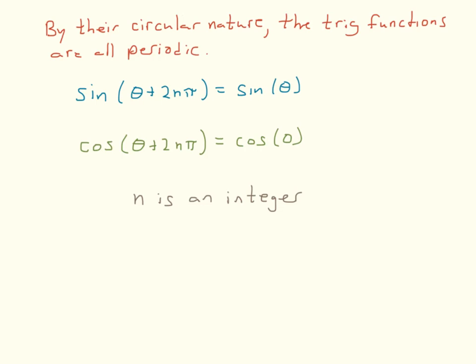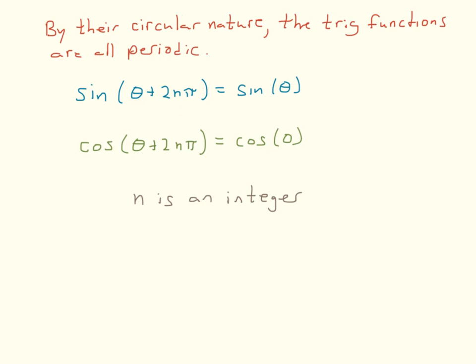Now, the one thing to remember about trig functions: because they're defined on that circle, they're also called circular functions. They are all periodic functions. Remember when we talked about the unit circle, how if we go one time around, every angle coterminal to an angle on the unit circle is going to have the same sine and cosine values. Well, sine and cosine have that periodic nature,